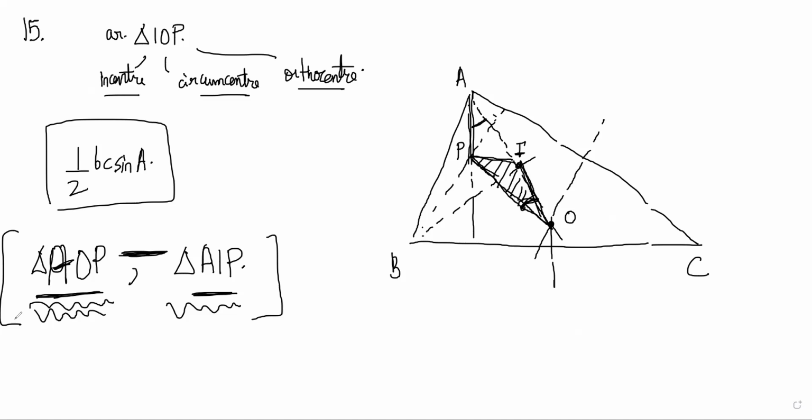The 17th one is the 9-point circle. I have already told you that the 9-point center is the midpoint of OC. Now can you prove it from there? We need the distance of the center of the 9-point circle from the vertex A. Suppose you know that the center of the 9-point circle is the midpoint of the OC line. Then you have to find the distance of that midpoint from the vertex A.